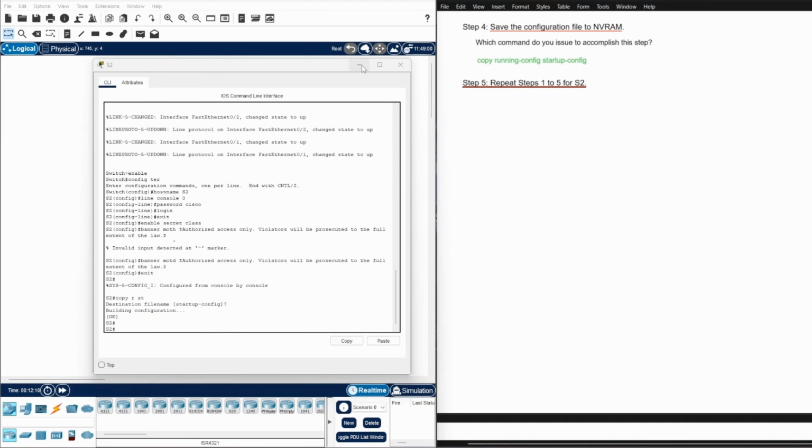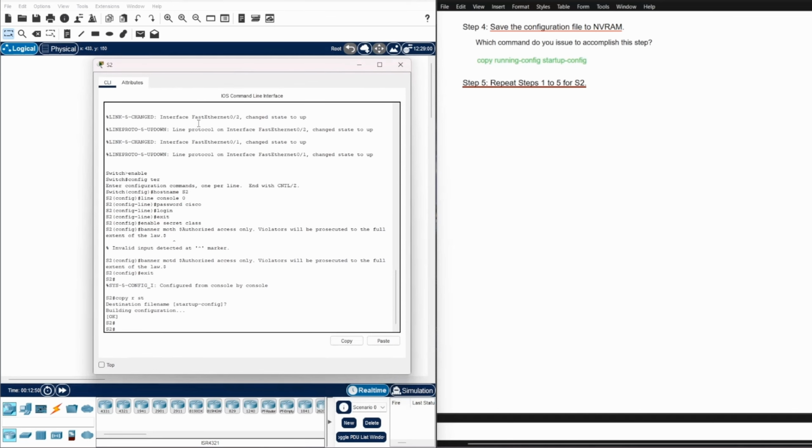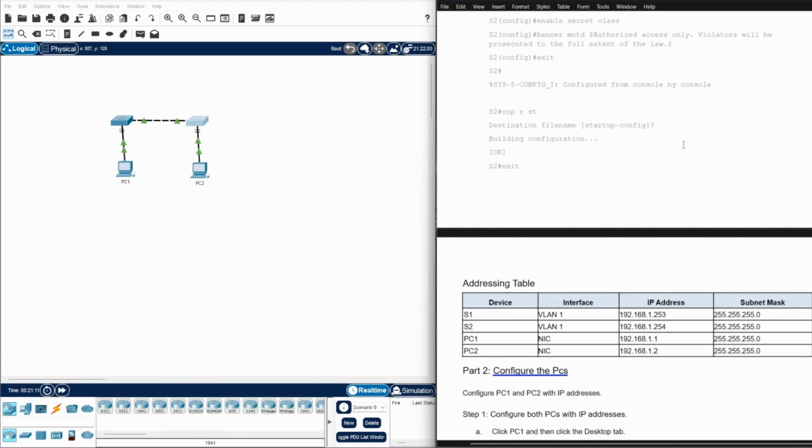Let's minimize this one. Normally your switch should look like this. So it should look like this. Enable, configure hostname like so. Banner message of the day, and then save the configuration. Okay. Next, let's close this. The next step,